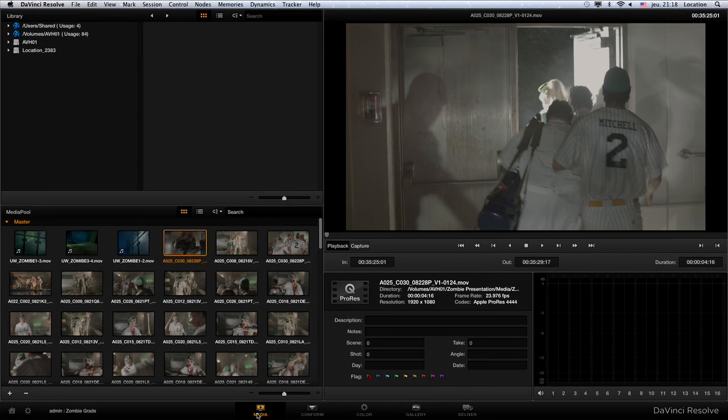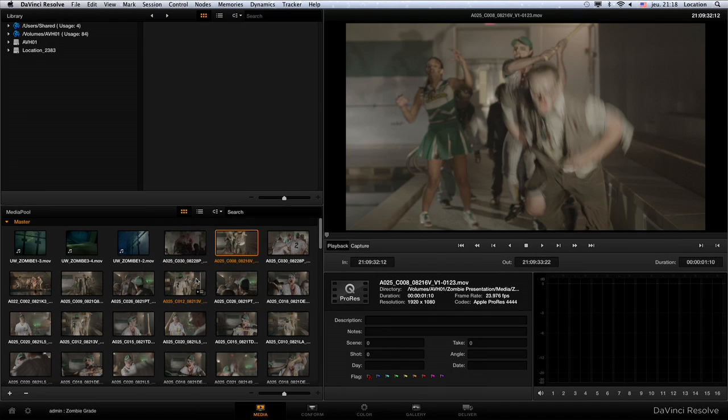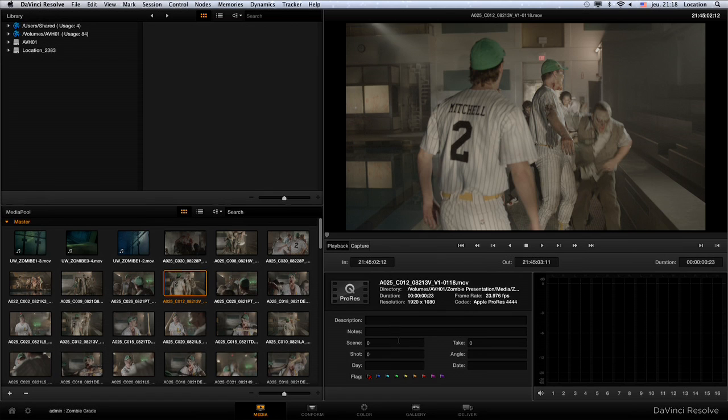The media page is where we are by default. Anyone who's doing digital dailies or on-set work, this is the page where you bring in raw media clips from various sources, organize them. Basically, this is where you do all of your project management. One of the new things in Resolve 9 is this metadata editor. So I can go ahead and select any clip and quickly edit the metadata associated with it. There's a new flags